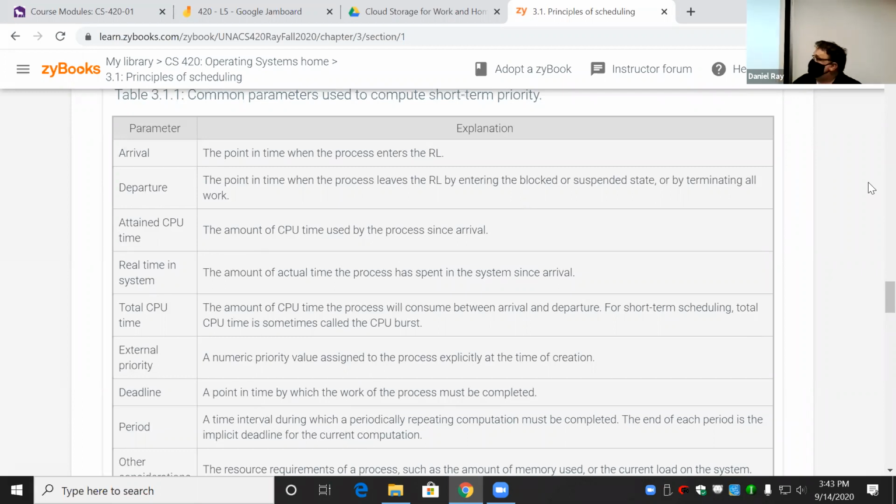These are common parameters. Arrival: what time did the process arrive into the ready list? Departure: the point at which the process leaves the ready list. The time at which the CPU was attained, or went onto the running list. The total CPU time